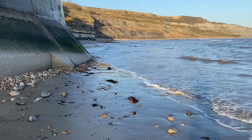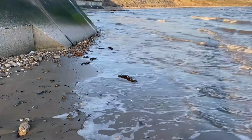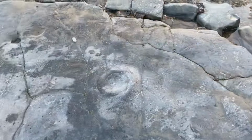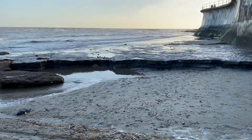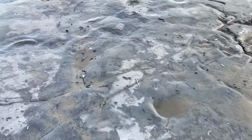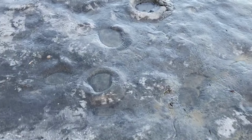I'm going to go and make some discoveries, hopefully, on the 2008 Lyme Regis landslide. As the tide is receding nicely now, as you can see, I can even get along the sea wall here, down towards this little bit of ammonite pavement. You can see some lovely limestone ammonites here. The ammonite pavement, as people call it, is always nice to walk along the top of and see those ammonites